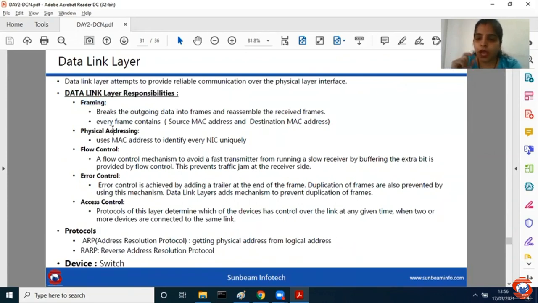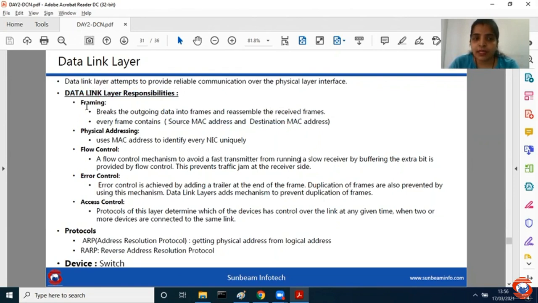When I talk about frames, I hope you remember the frame structure, which had the source MAC address, destination MAC address. Do you remember? Source MAC address, destination MAC address, then start of the frame delimiter, then sequence number, and so on. Am I talking about physical address? Yes, that's the reason we can say the data link layer is responsible for source MAC address, destination